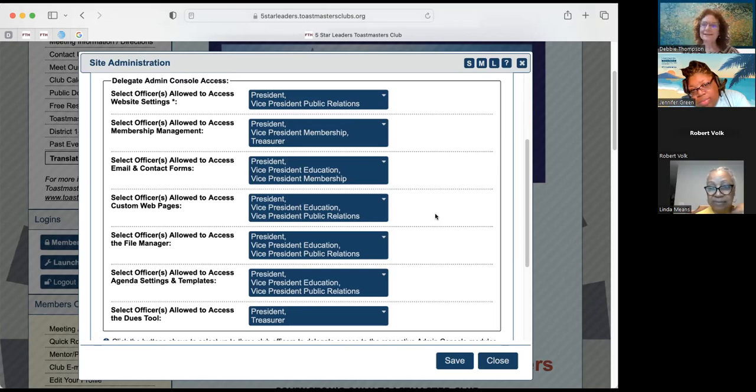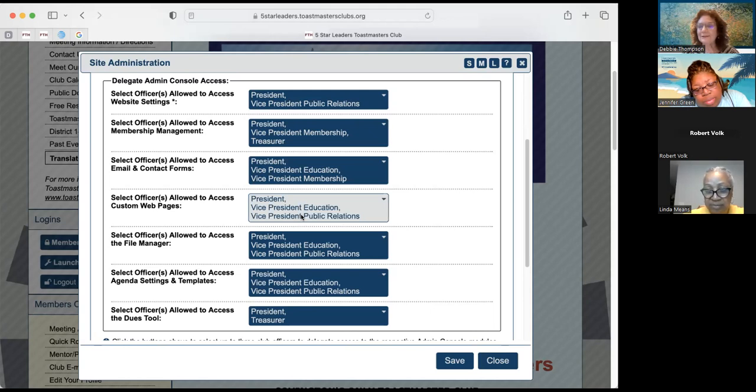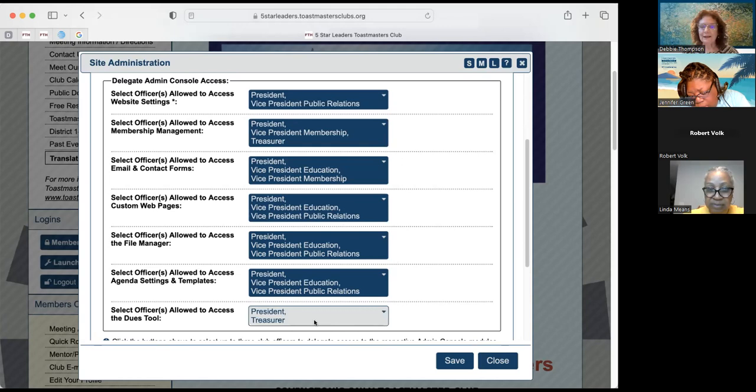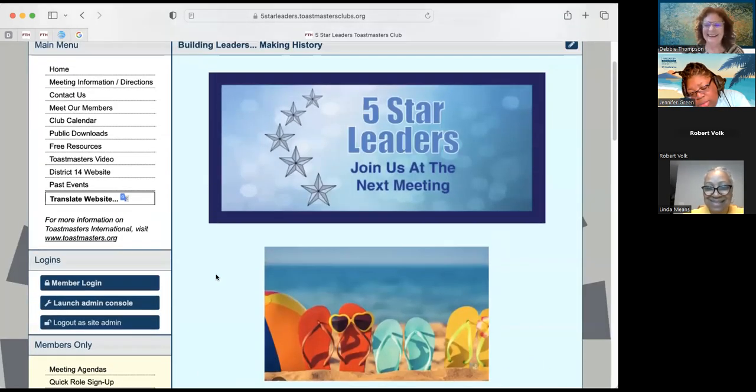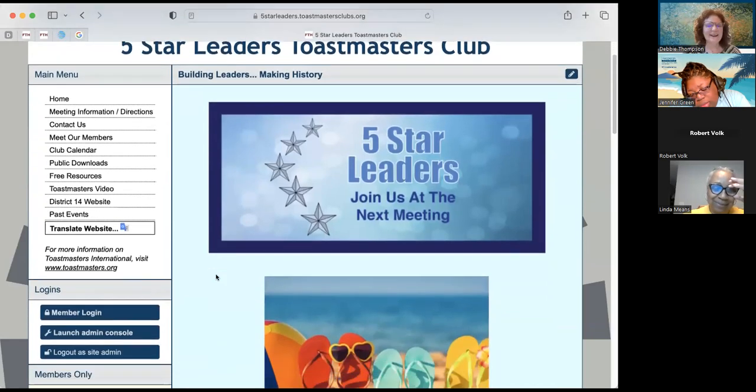If I logged out as administrator and logged back in as Debbie, you would see those things pop up, and I am not administrator. So in a sense, and this is up to your club, if your VPPR is your administrator, then you're kind of wasting these because they already have administrator access. You may want to give the 3 other officers, or you don't have to do 3, you can do 2 or 1. A lot of times the dues is only the president and treasurer. So, you know, I don't want to be on that. But I have a clear understanding now. Thank you very much. Okay, perfect.